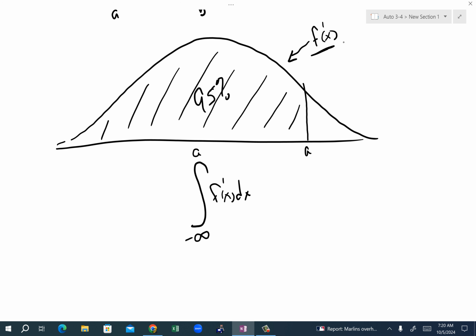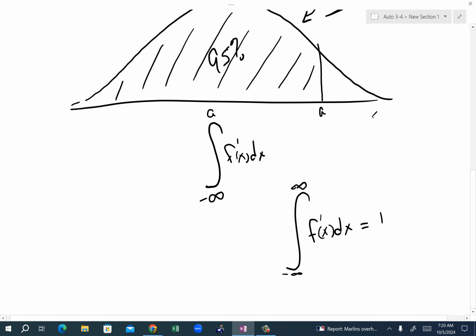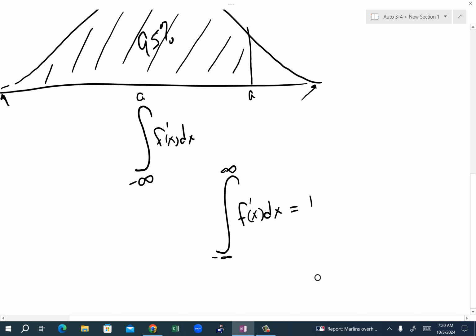But here's the best part. We know that the integral from negative infinity up to positive infinity of this whole thing, which I'm not going to write out right now, is 1, because there's a 100% probability you will find a person's height. In other words, 100% of dudes fall into this curve. They may be freakishly tall, they might be freakishly short, or they might be somewhere in the middle. We don't know, but they're on there. So the question is, how much is out here? And some of you were saying the whole time, Jay, you're in the top 5%. Yeah, I know, I got you. Plus this, wait for it, a to infinity has to be